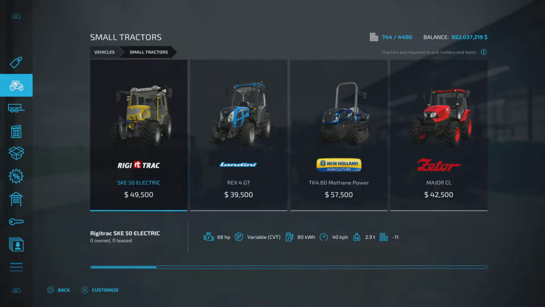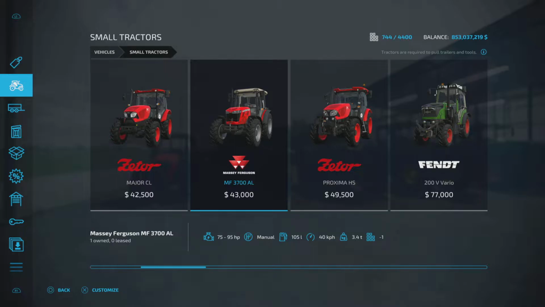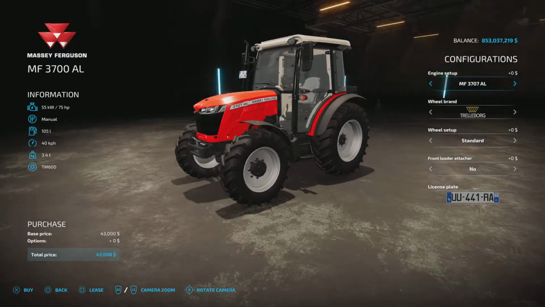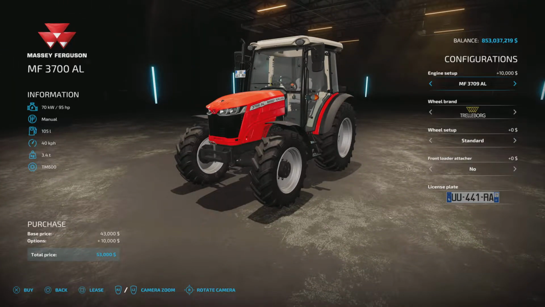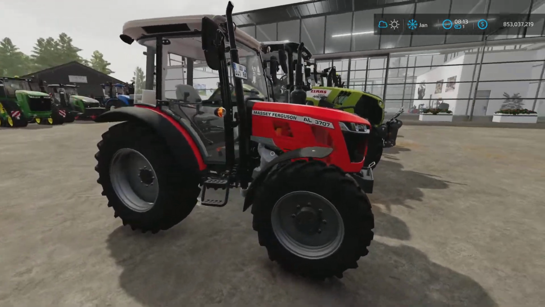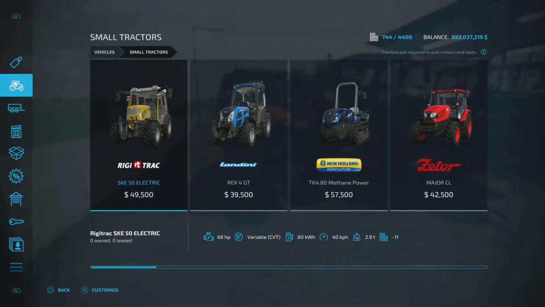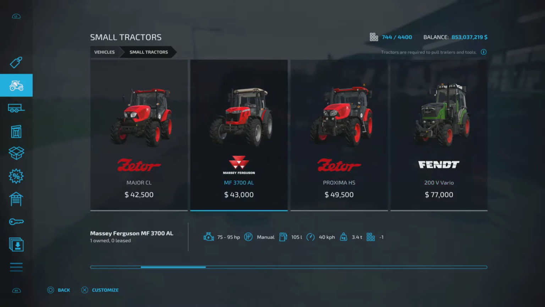If we jump into the smalls, we've got a range of small tractors here. We've chosen the Massey Ferguson MF370AL, and this is it here. It's got a couple of options with the engine, wheel setups, tyre setups, front loader attachments, etc. So that is this one just here. You can see it's quite small, and has a horsepower rating of 75 to 95 based on the